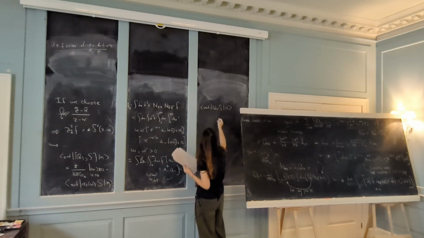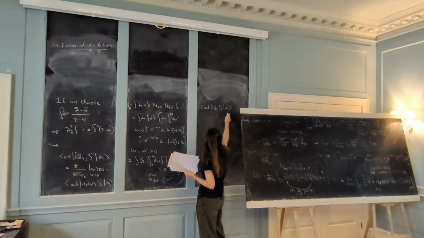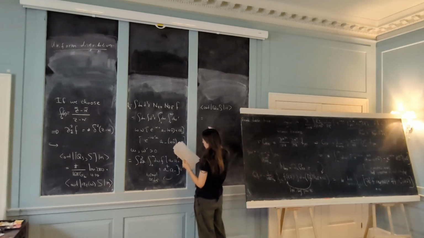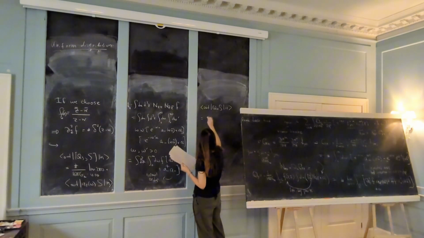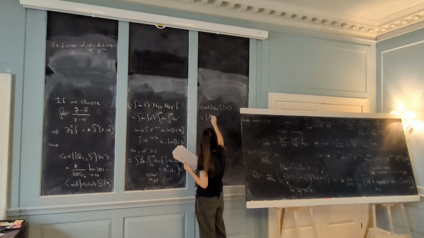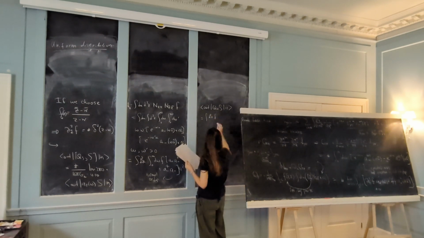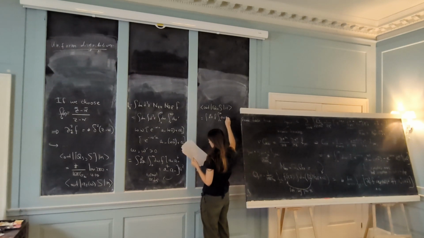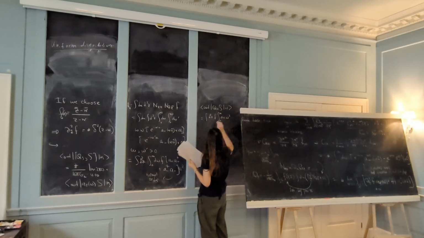You also have to do it for QH acting on the in state, but let me do it for the out state. Sorry, let me just write down the integral d omega out front, and then we have omega squared,